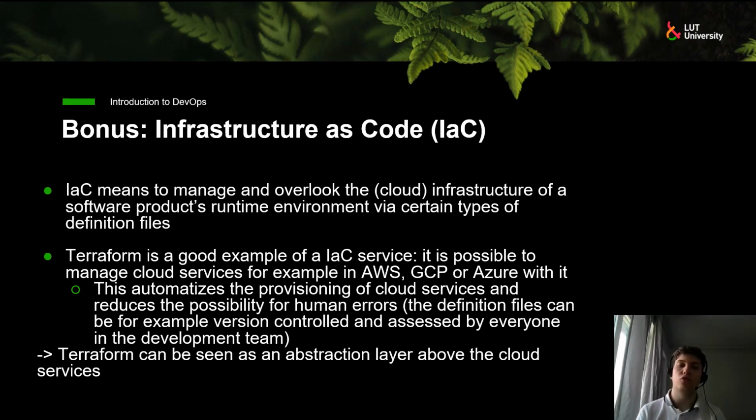So one way, or the traditional way to manage these resources, would be to go to the cloud provider's graphical user interface, the web portal, and manage the resources from there. Also, the CLI, command line interface, is available on Azure to manage the cloud resources.